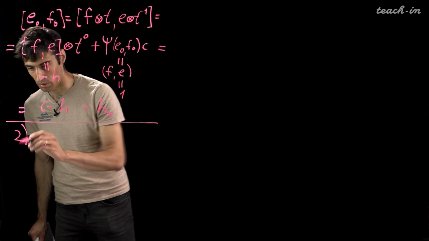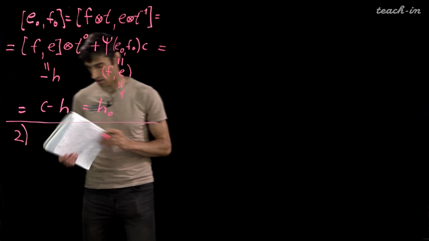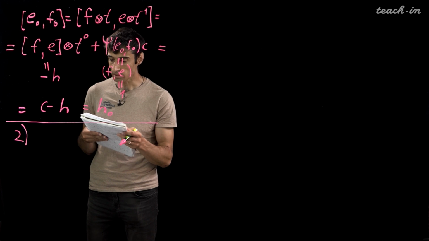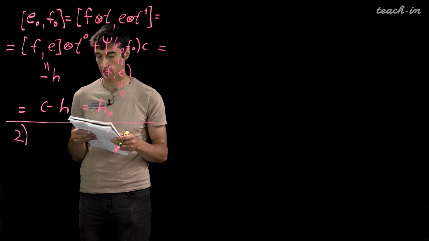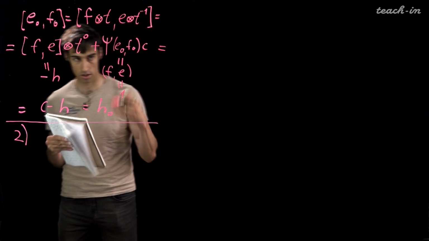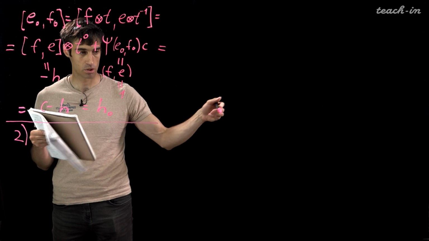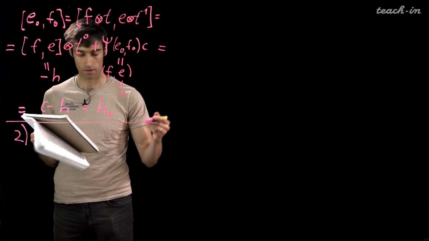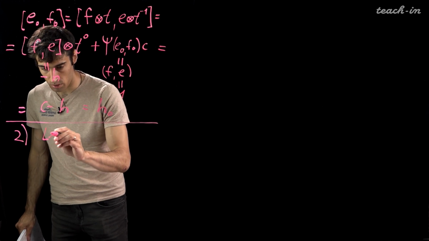So we need to prove that EI, FI, and H actually generate SL2 hat in the sense of Lie algebra, right? If I start doing more and more brackets, then I will get everything. So let me denote by M